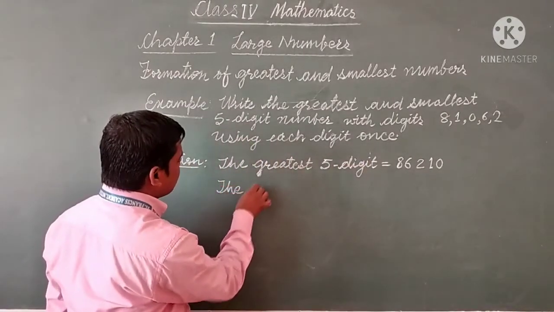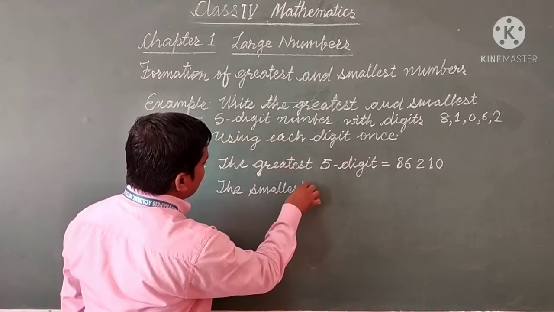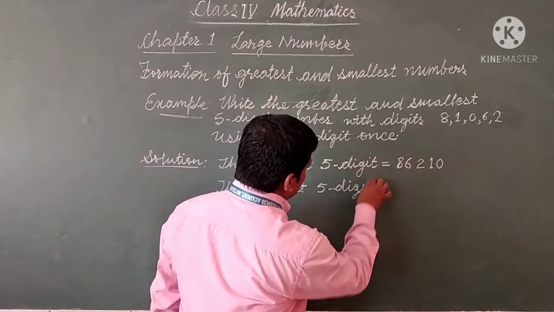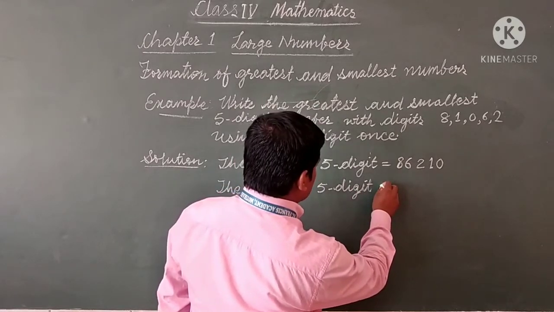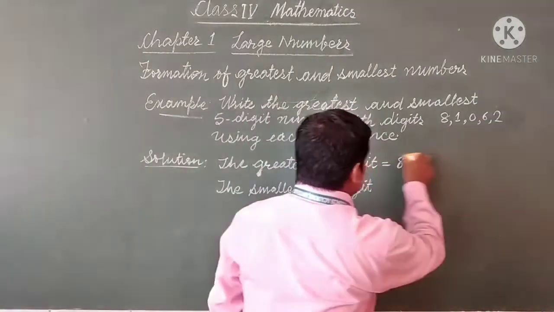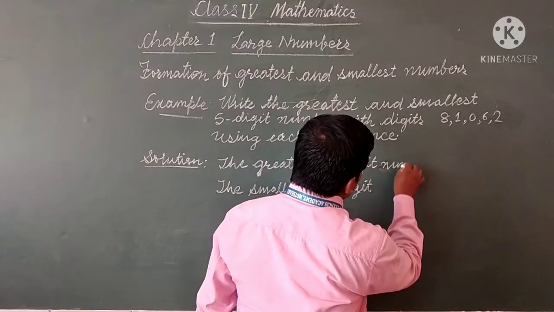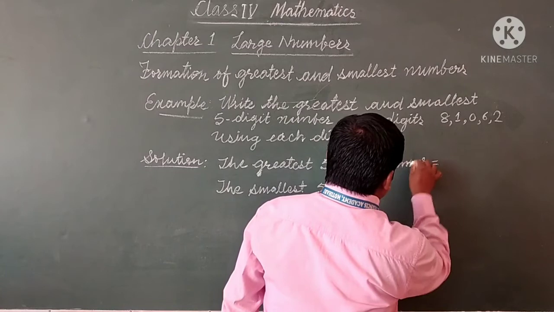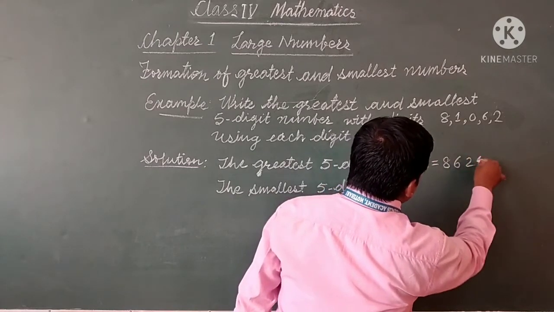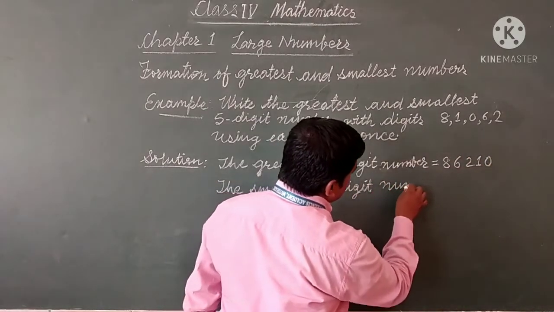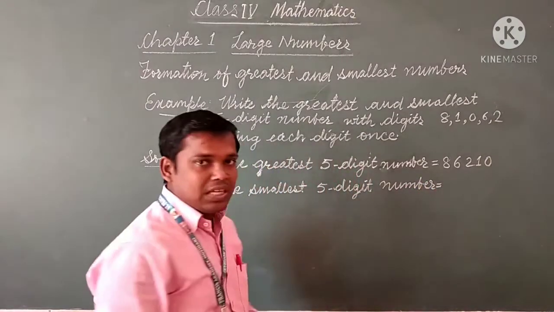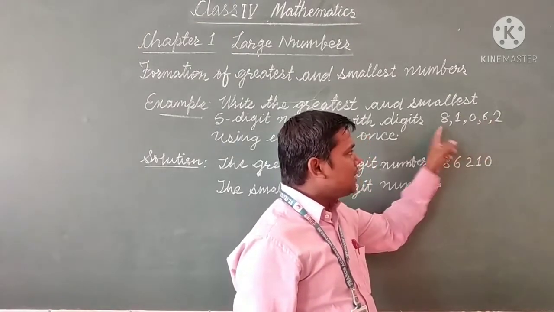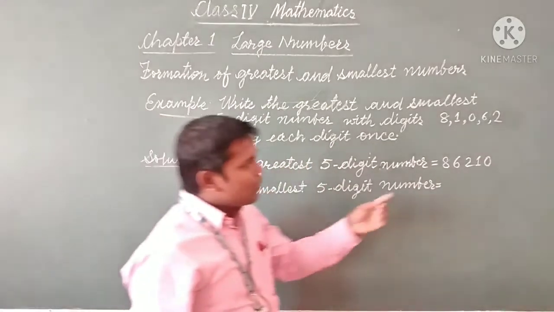and the smallest 5-digit number. Here you are supposed to write the number 86210, and the smallest 5-digit number is equal to... Now, in these digits, 0 is the smallest digit, then 1, then 2, then 6, and then 8. But here we cannot keep 0 at